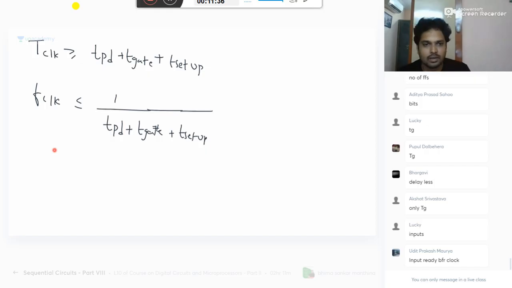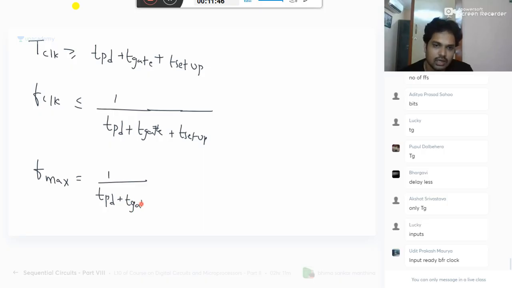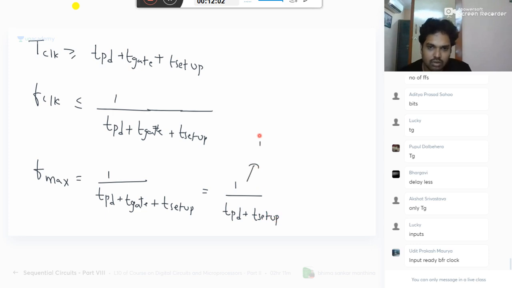Now the maximum frequency in the synchronous counter is 1 by TPD plus T gate plus T setup, which will be equal to 1 by TPD plus T setup if T gate